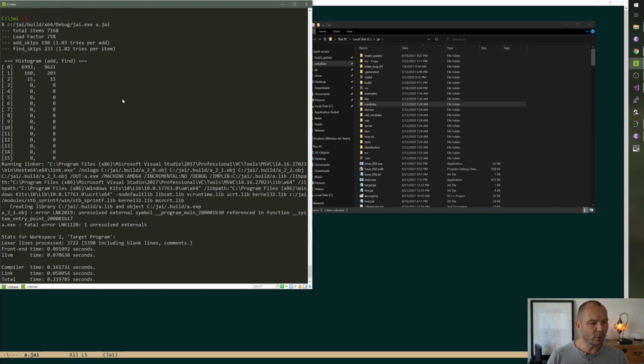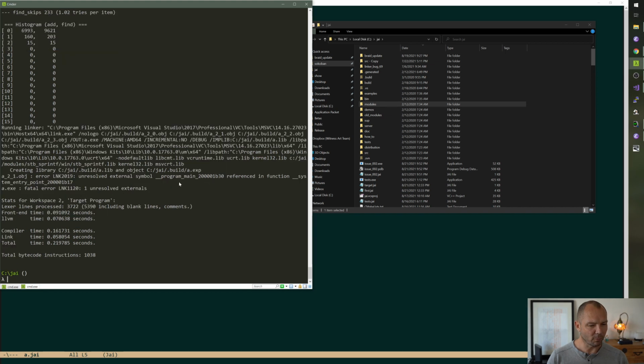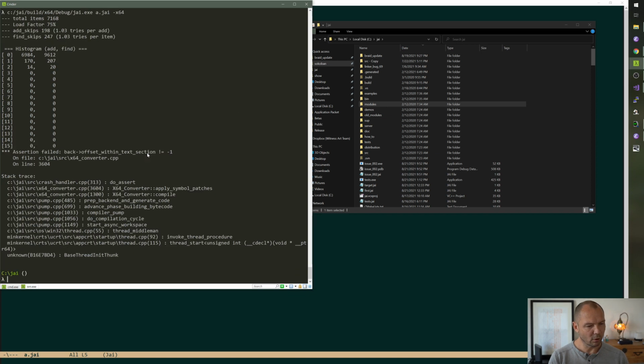So it builds, but then it's like unresolved external symbol. What about x64? Okay, same thing, except we're asserting. So this is weird because it's like, oh, we see this function. We think we saw main. Oh, but it didn't get marked as live or something. This may not have to do with scoping. But if it doesn't, I actually don't understand how that could be.